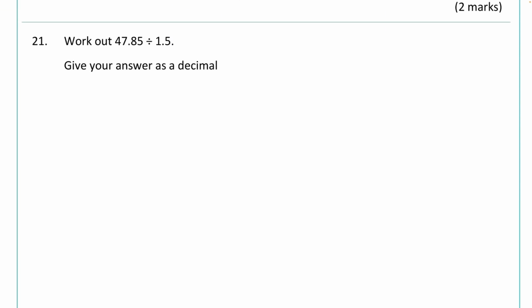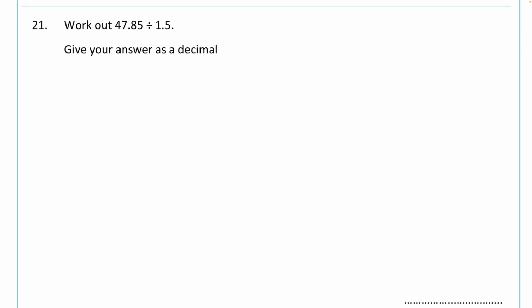Okay, our next question is dividing decimals. So it says work out 47.85 divided by 1.5 and give your answer as a decimal. Now when we're doing this, I would take the approach of removing the decimals and doing some bus stop division. So let's do 4,785 divide by 15. And if we do that and we set up bus stop division, 15 into 4,785,